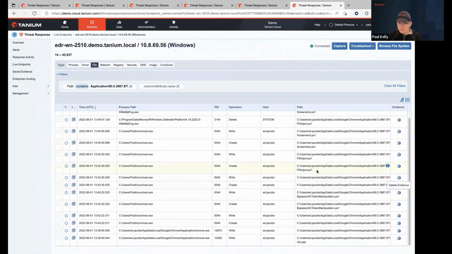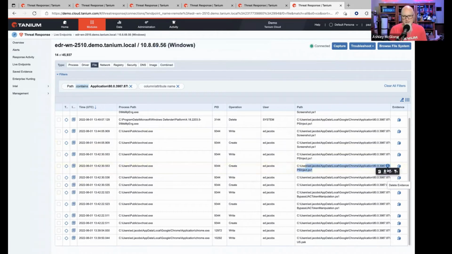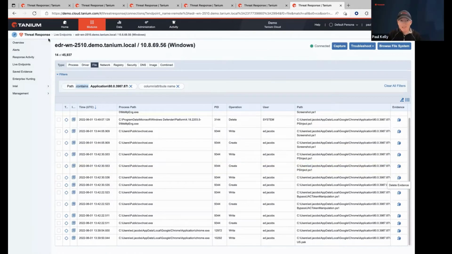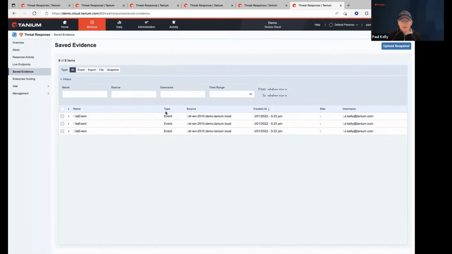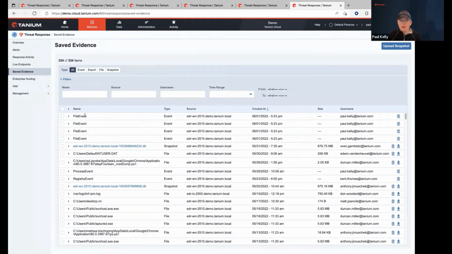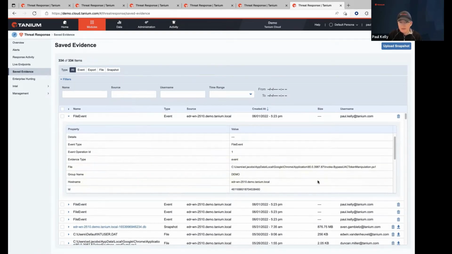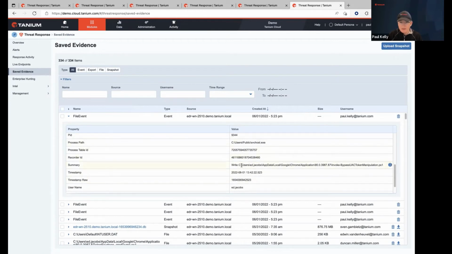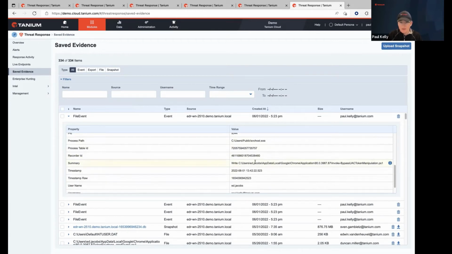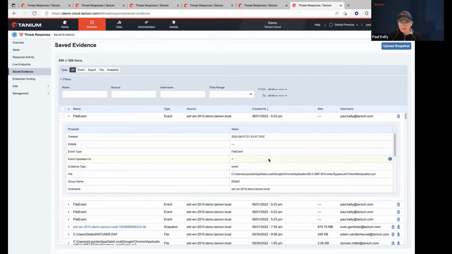So lots of PowerShell. So I have to ask, when you click that save evidence button, what does it do? So what it does is actually saves it here in Tanium. So you have the ability to go and pull down that file, right? So I've got some file events here where you can see there's the file. Here's the activity, the summary of it, what happened, the right event, and the details there. And it gives me the ability to go ahead and pull it down.